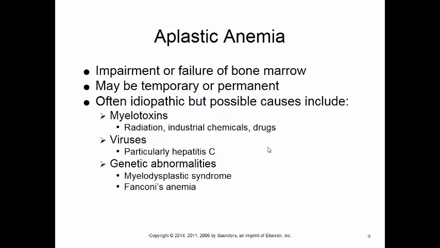Some possible causes are myelotoxins, which are toxins that affect the bone marrow, and that includes things like radiation, industrial chemicals, and drugs. Viruses have been shown to be more prevalent, especially hepatitis C, and then also some genetic abnormalities can lead to myelodysplastic syndrome or Fanconi's anemia, which are genetic. This is where the red bone marrow is not functioning, and it fails to produce the